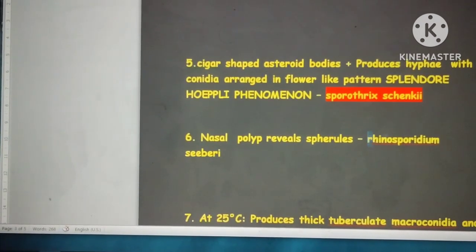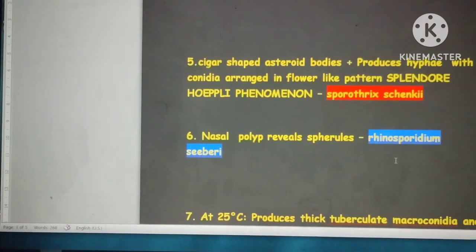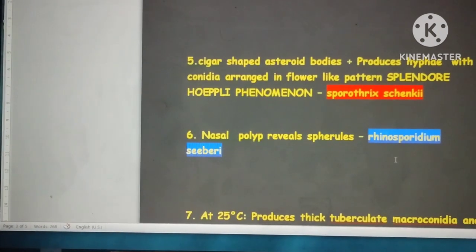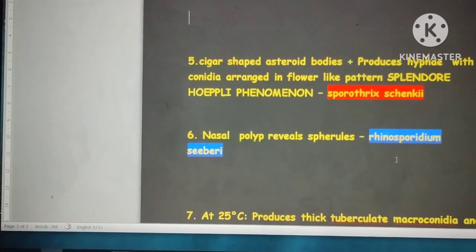And here the main point you want to remember is the nasal polyp will be having sporangia, and that will be containing endospores. Okay, but the history will be the same only. The history will be like the patient went for bathing in a contaminated pond, and after that he developed a nasal polyp. Okay,